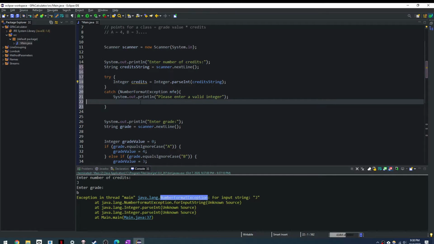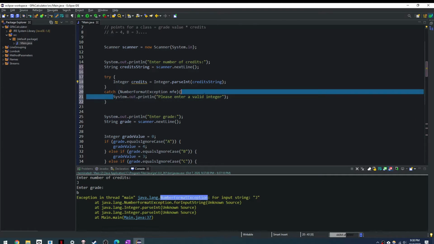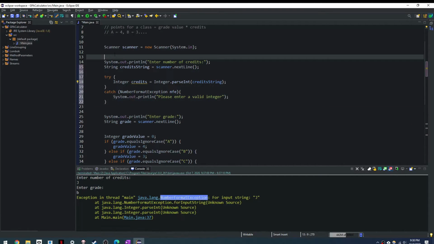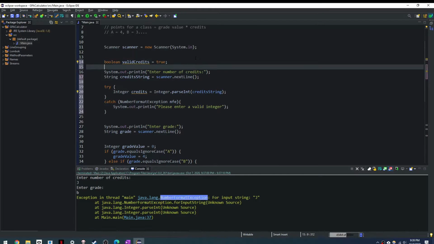And okay, but now we need to be able to loop through here. And if they don't enter a valid integer, we need to send them back here. So we can do it this way: boolean valid credits, by default is true. We're going to assume that they do it right. And we'll start our loop here. We'll use a while loop. So while valid credits,